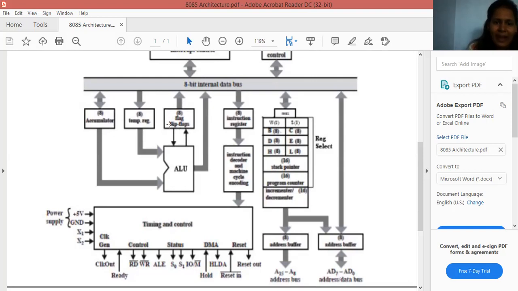This section is for the flags. Suppose this is the ALU.